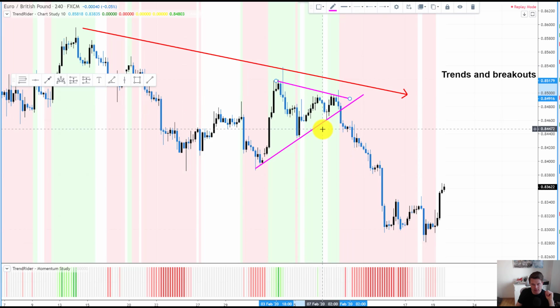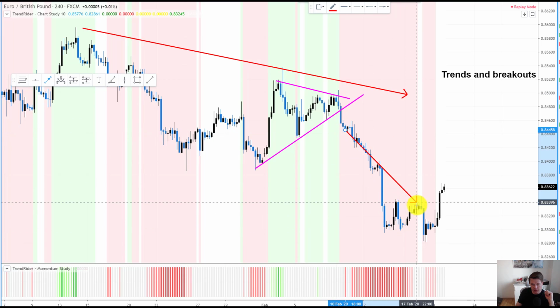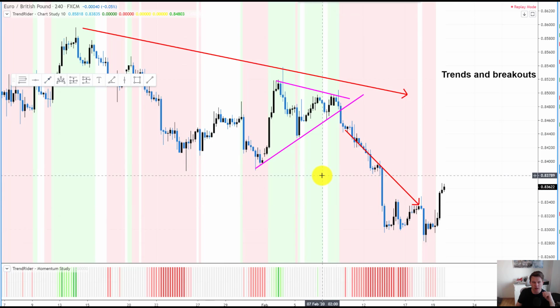so the market is contracting, it's coming together, it's making a pause. We're able to draw this very nice trend line connecting the lows and the highs, and then you wait for the breakout. Just shortly after the breakout you will see that the momentum study turned red. You can see this happened right on this candle, and then here is where the background color turned white. So try to identify the primary downtrend,